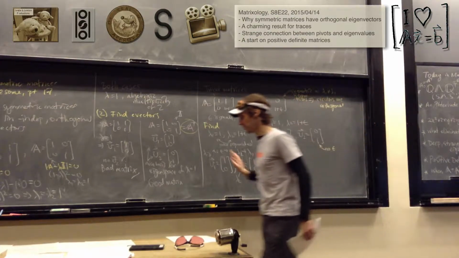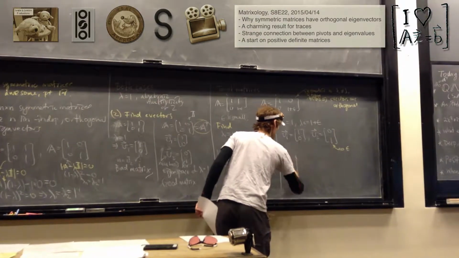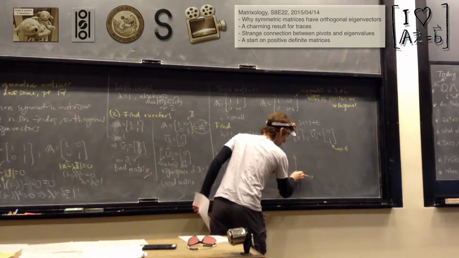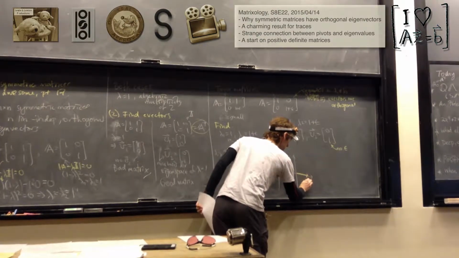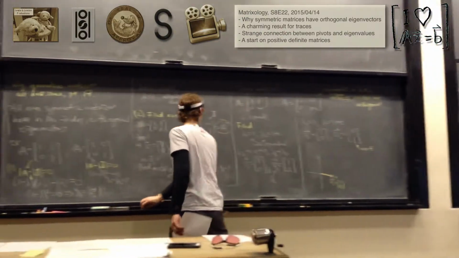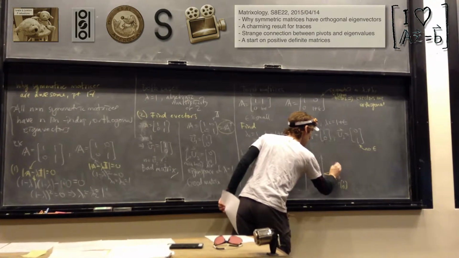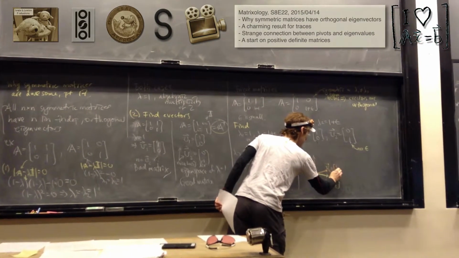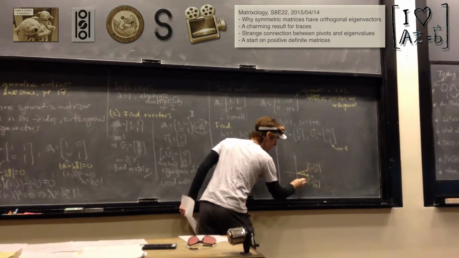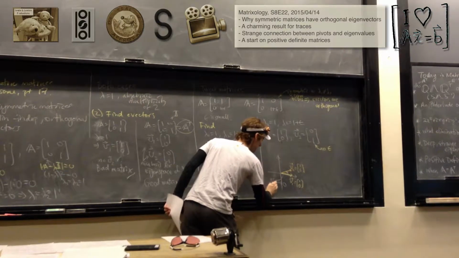So let me just draw a little graphical thing here for you. This one looks like this. It's a 1, 0, and a 1, epsilon. So V1 is here, 1, 0. And then 1, epsilon looks like this. This is V2 equals 1, epsilon. And so as epsilon goes to 0, these collapse. As epsilon goes to 0, the eigenvectors collapse